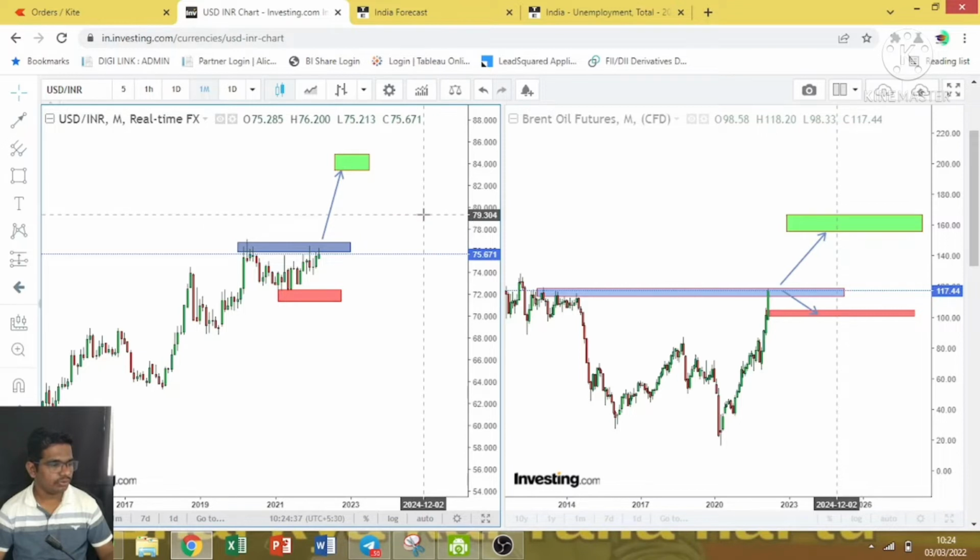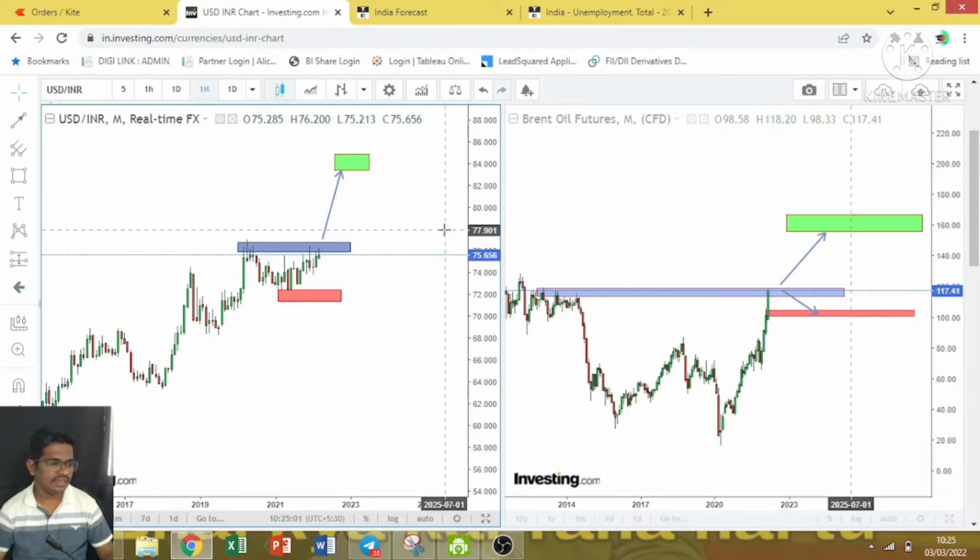It may take 3 or 4 months, or 6 months also, but as the current situation in politics and other issues with the Indian economy is going, it shows us USD INR will hit at least 80 to 82